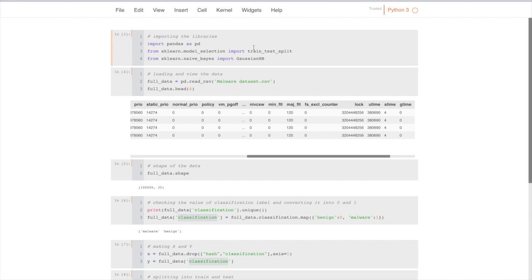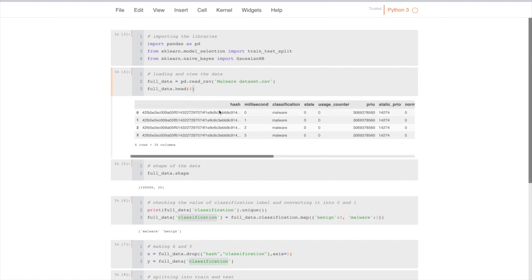So let's start. At first we need to import the libraries that we need. First we import pandas, and from sklearn the Gaussian naive Bayes and train test split. Train test split is basically because we want to divide our data set for training and testing the model. Okay, so let's read the data with pd.read. I will put the link of the data as well, from which you can download and play with it. And let's just view the data.